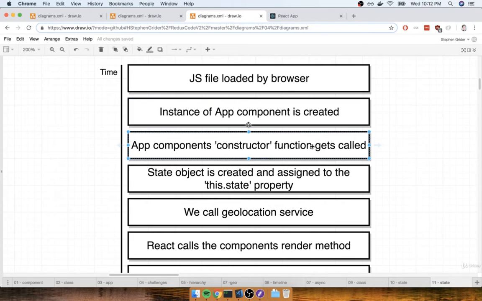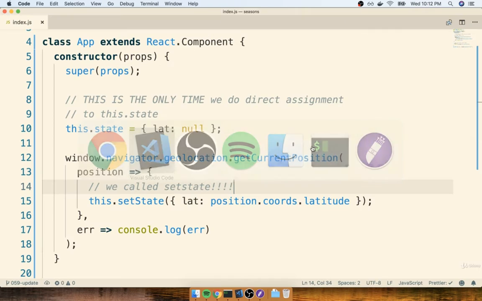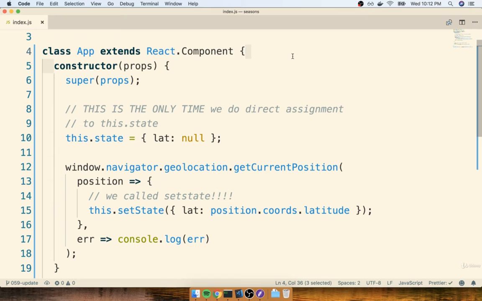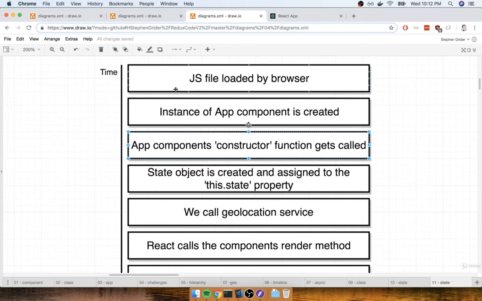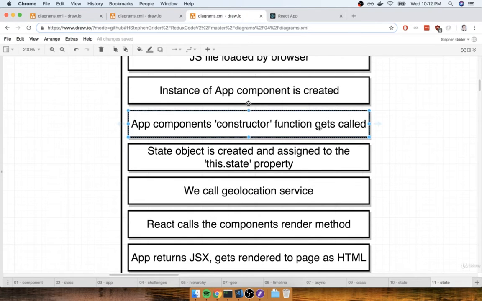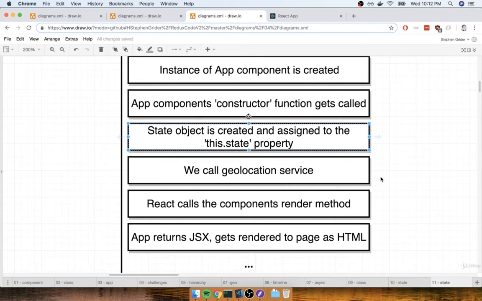Remember that the first function that is going to be called inside of our component automatically is the constructor function. We are not required to define the constructor function. We can optionally define it if we want to do some initial setup when our component is first created. If we do choose to define the constructor function, then we have to make sure that we call the super function inside of it. If we don't call super, we'll end up with an error.